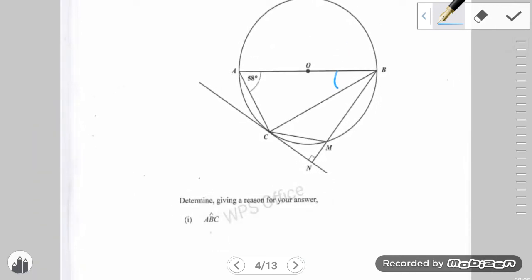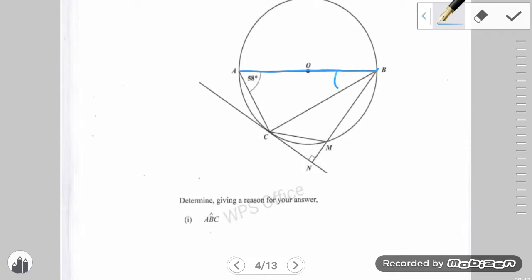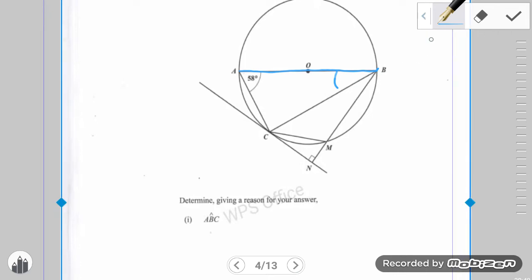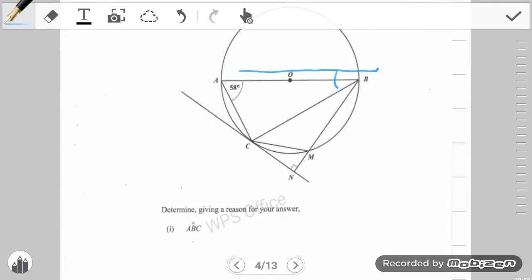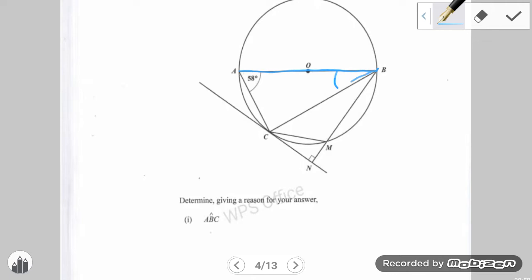Now, another theorem that you guys should be familiar with is the theorem that states that the diameter creates an angle of 90 degrees at the circumference. So here's my diameter, and the diameter has two lines leading from both ends here. One comes here and one comes here. Then the angle right here is